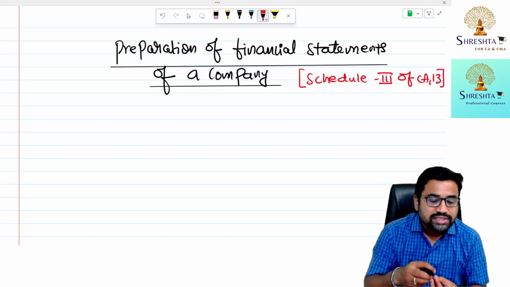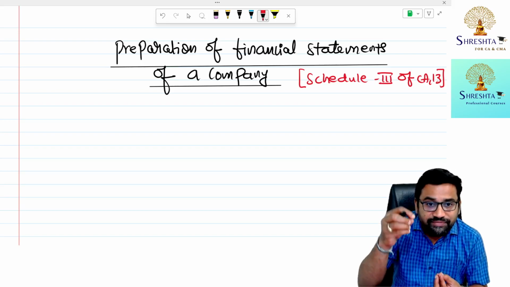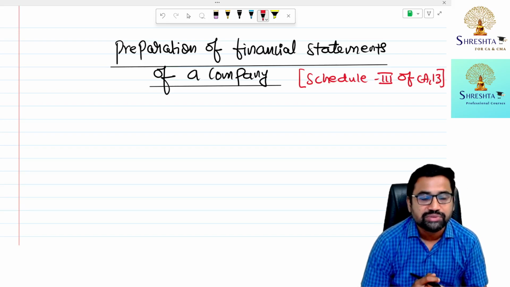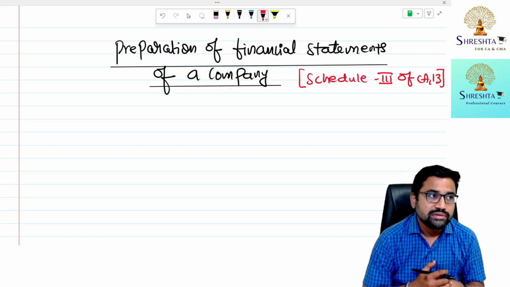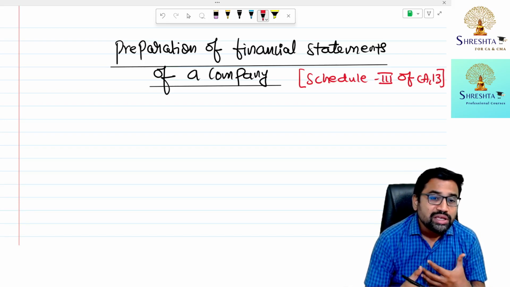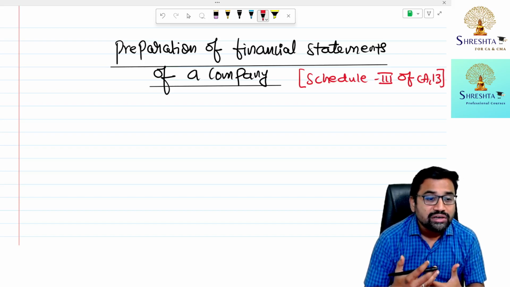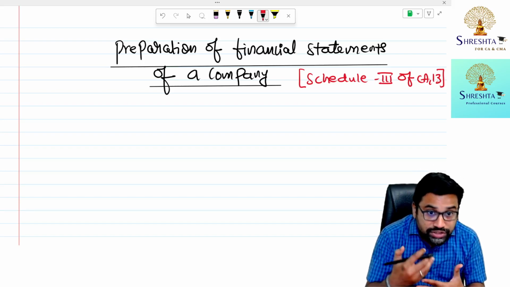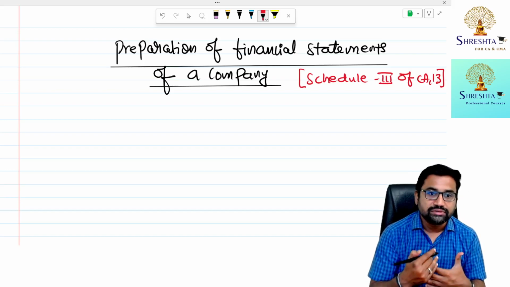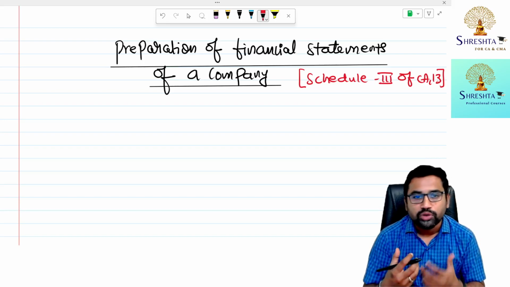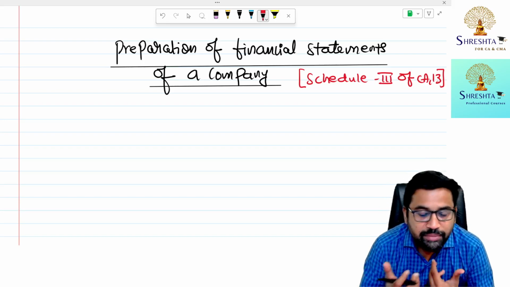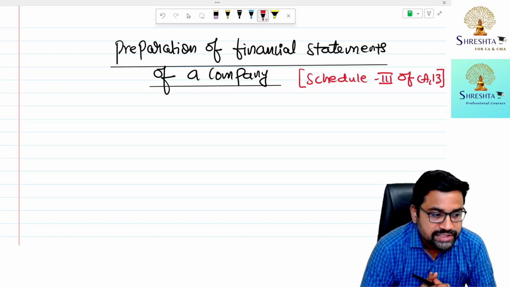What we feel is this is the information, and this is the format you need to prepare your financial statements. So the law is drafted, the schedule is drafted, keeping in mind the requirements of users of financial statements, keeping in mind where a fraud may happen in the company. Through disclosure and presentation requirements, Schedule 3 is trying to bring out all possible information from the company which may be relevant to users of financial statements.